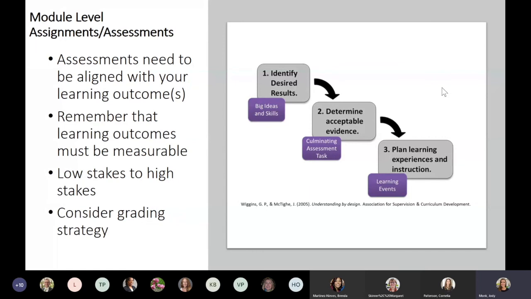So if you're asking students to write a lesson plan, the first time they do that, it might be more of an activity to get them where they need to be, and then you'll assess it later on to meet an outcome. And also, if you remember the course map, you want to consider your grading strategy, both so you can figure out what you need to design. So do you need to design a rubric?